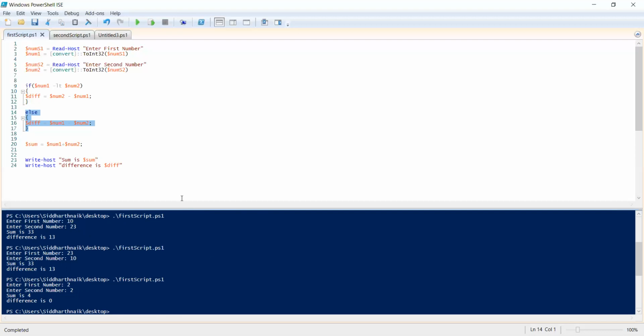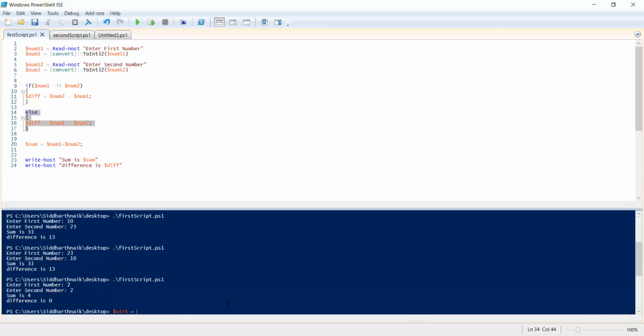We can do the same thing with respect to strings. But in strings, we don't have a less than or a greater than. A string is a string. For strings, we have conditions like: is it the same? Does the first string contain the second string? So for example, I'll say